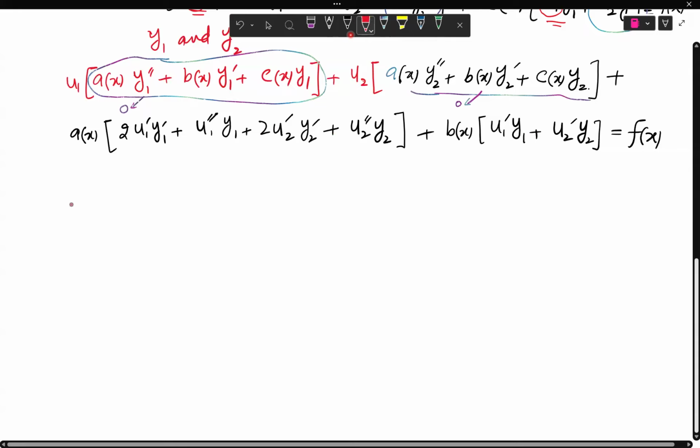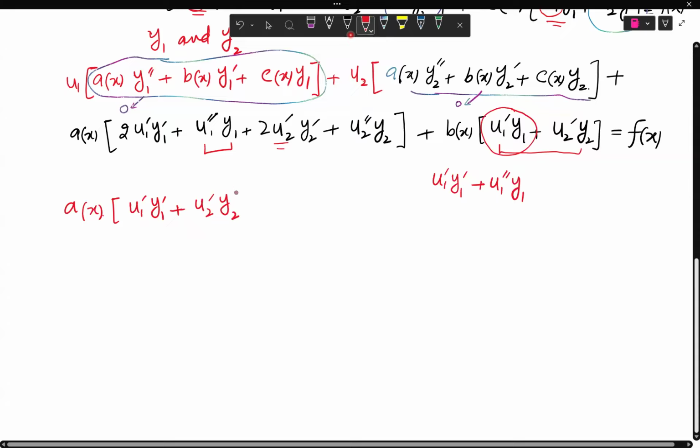So let's write it one more time. For simplicity, I write here A, so it is understood that it is a function of x. We can notice that the term with B has its derivative over here. For example, if I look for its derivative, it will be u1' y1' plus u1'' y1. So this term is available, and u1 y1' is available over here. So I can write a(x) u1' y1' and similarly one term from here, u2' y2'